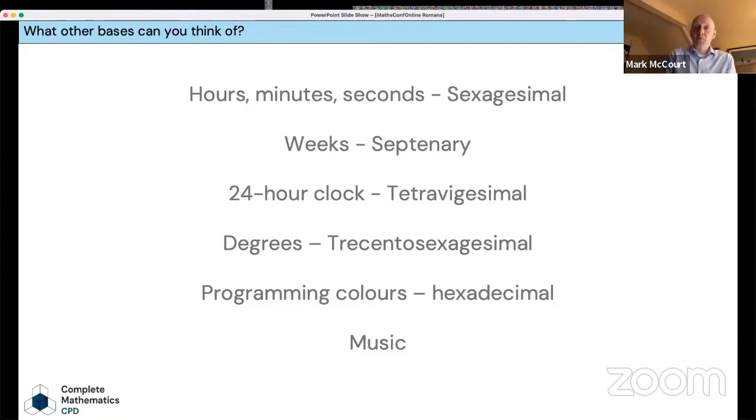And then you might have pupils that talk about music. So how many notes are in a bar? 1 bar might be 4, and so on. So there are lots and lots of ones that will emerge from here. And we can have a really nice conversation with pupils about different bases, the benefits of working in different bases, and what comes from that, and why we favor base 10, but still use other bases in so many different places.